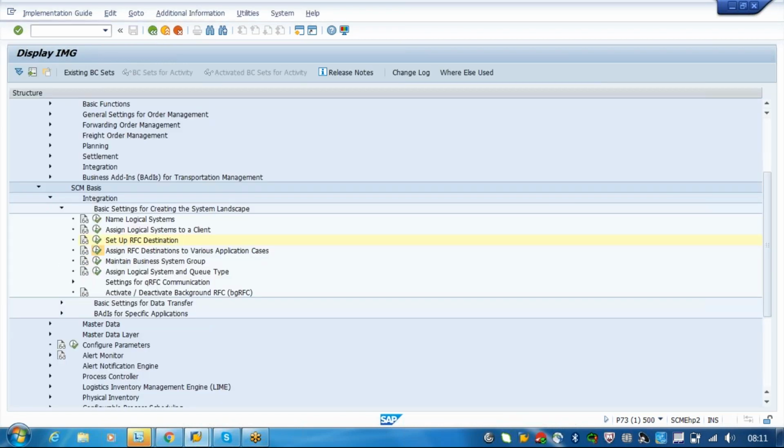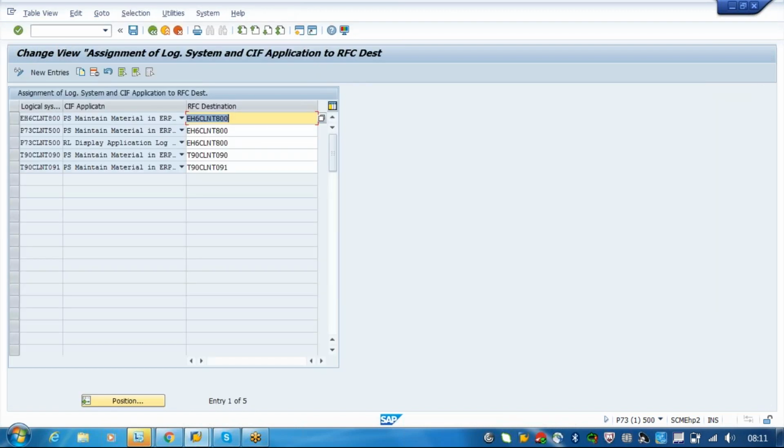Okay, so assign RFC destination to various application cases. Here, as I said yesterday, one TM server can be assigned to multiple feeder systems. For example, you have a test system and quality system as one TM, but you are having multiple feeder systems. So in all the cases, you can connect multiple feeder systems to one TM system, one destination. That is how you are doing here.